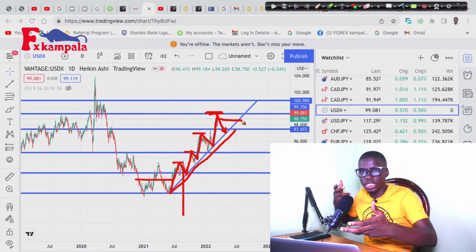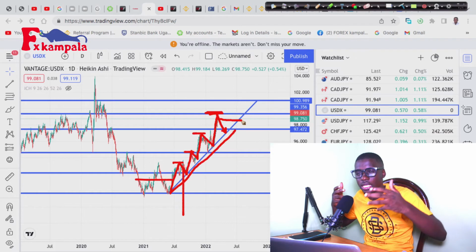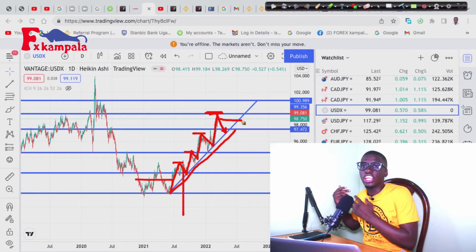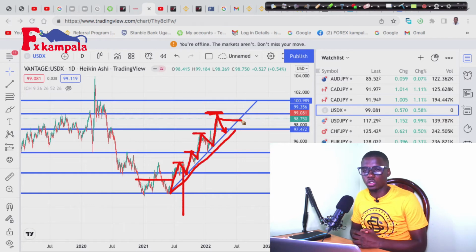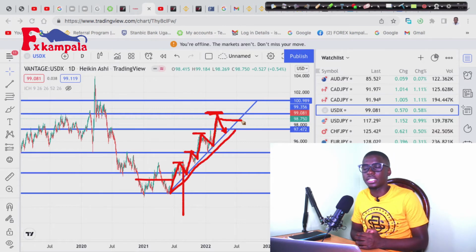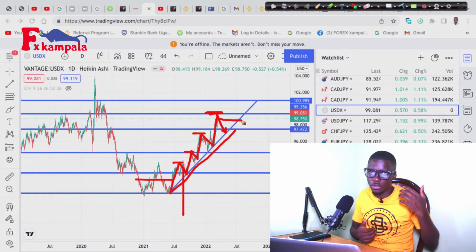So if I'm selling here, then I'm also supposed to sell on the USD CHF currency pair. If I'm selling on the US dollar index, then I'm supposed to buy on Euro USD, and also the same